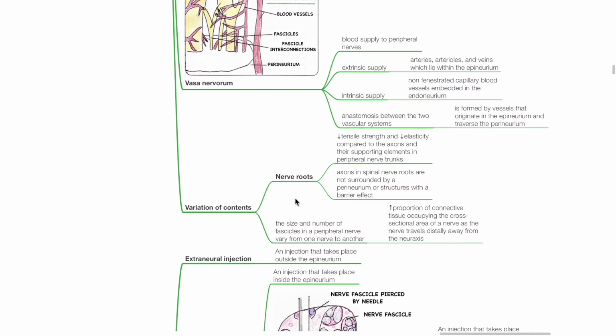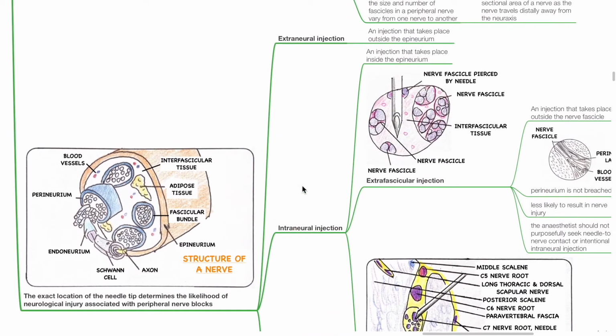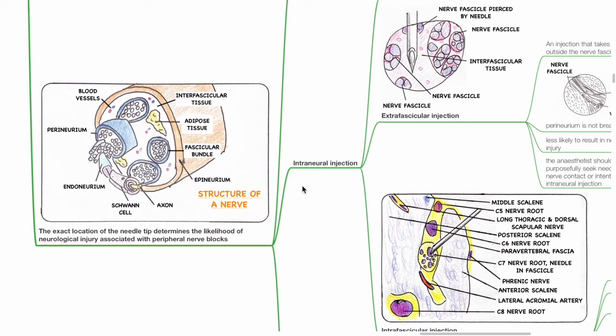Variation of contents. In the nerve roots, there is reduced tensile strength and reduced elasticity when compared to axons and their supporting elements in the peripheral nerve trunks. Axons in spinal nerve roots are not surrounded by a perineurium or structures with a barrier effect. The size and number of fascicles in a peripheral nerve vary from one nerve to another. There is an increased proportion of connective tissue occupying the cross-sectional area of a nerve as the nerve travels distally away from the neuraxis. The exact location of the needle tip determines the likelihood of neurological injury associated with peripheral nerve